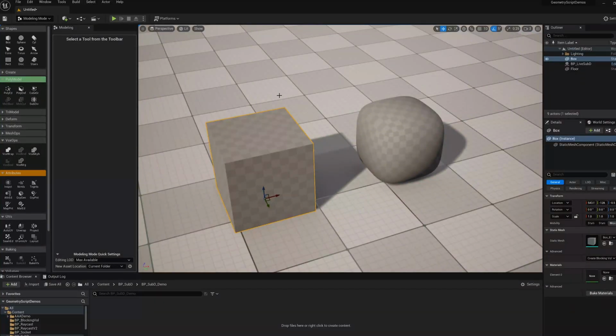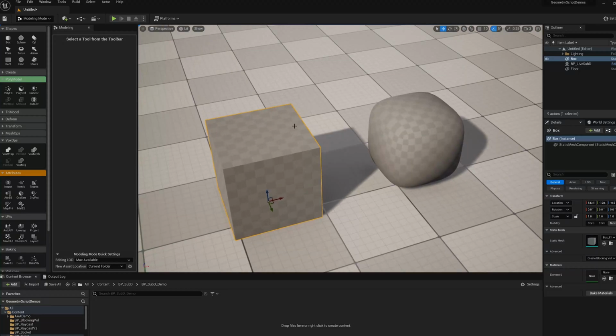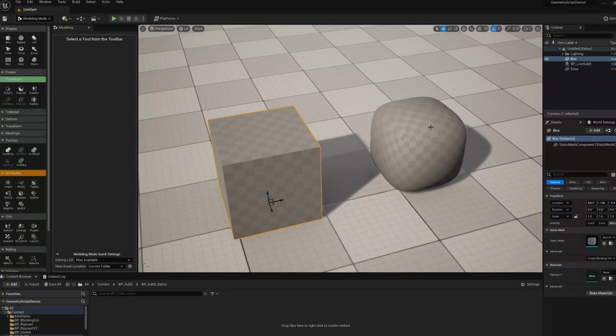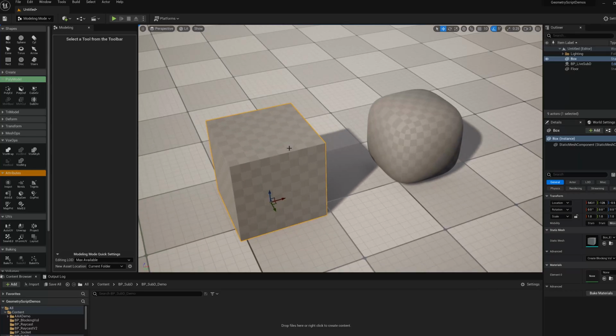In this video, I'm going to show you how to use GeometryScript in UE 5.0 to set up a sort of live preview system for subdivision of a base mesh into a subdivided mesh. So here I've got a cube and the subdivided version of that cube, but they are linked so